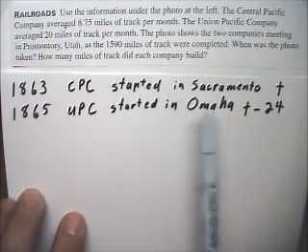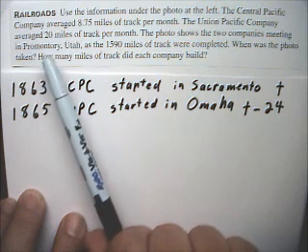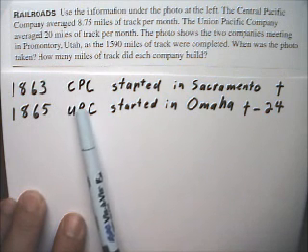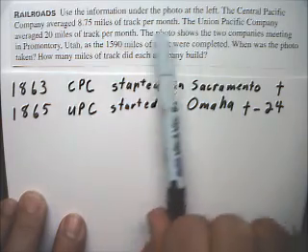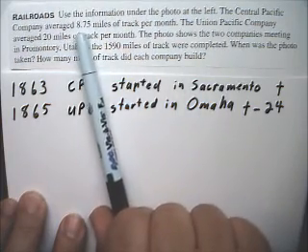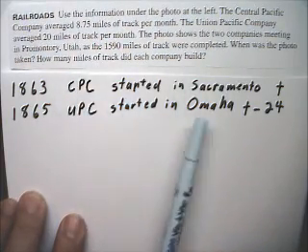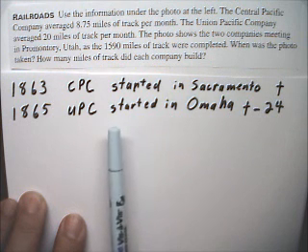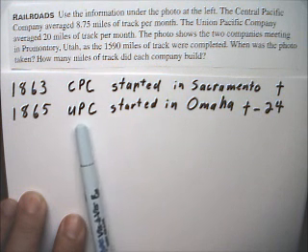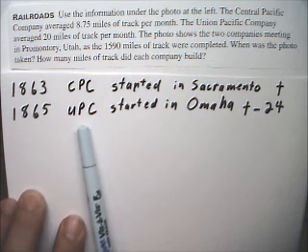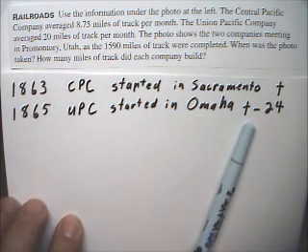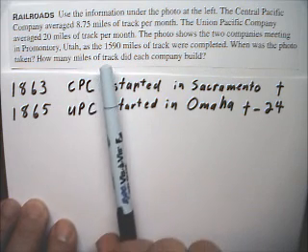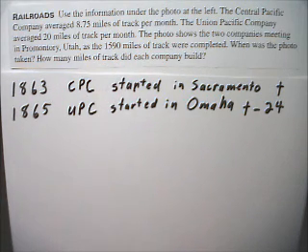So if I take T and multiply times the CPC's number, 8.75 miles per month, and then add that to UPC's number, which is 20 times T minus 24, altogether that has to add up to the